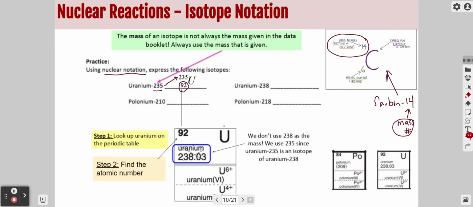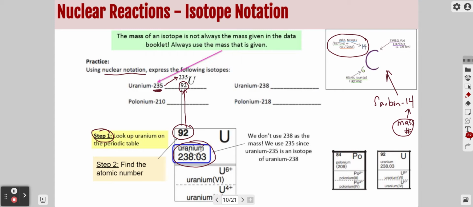You need to look up uranium in the periodic table and find the atomic number. The atomic number, the number of protons, goes right at the bottom of the symbol. And your mass number, which is usually going to be given to you, goes at the top. You can see that uranium here in blue says